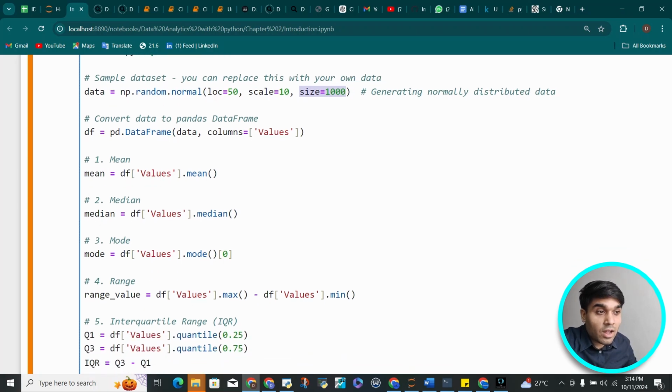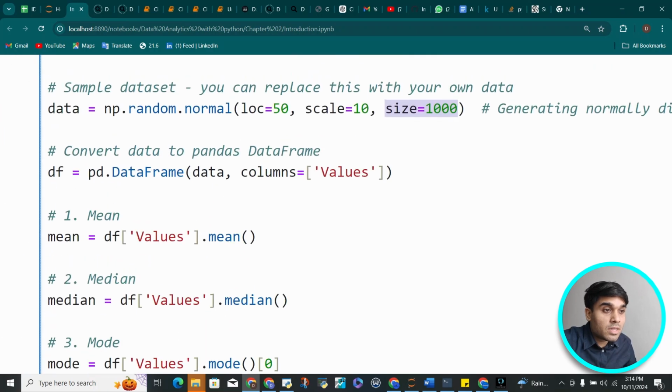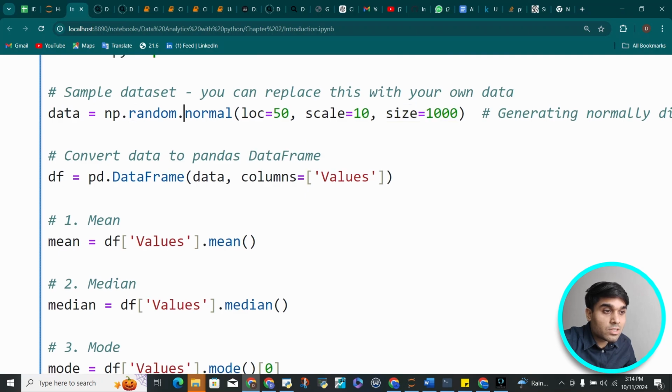So we'll dive into that and how we can do it. Also remember that in random and normal, the first word is not capitalized, but in DataFrame the first word is capitalized: D is capital, F frame is capital, and we're going to use pandas. So we write pandas, that is pd, and from the library of pandas we want the DataFrame function because